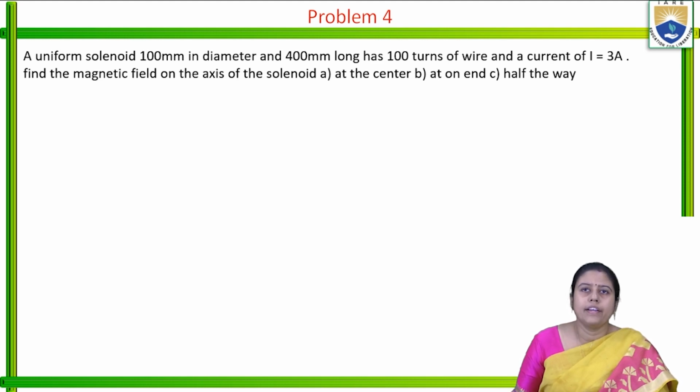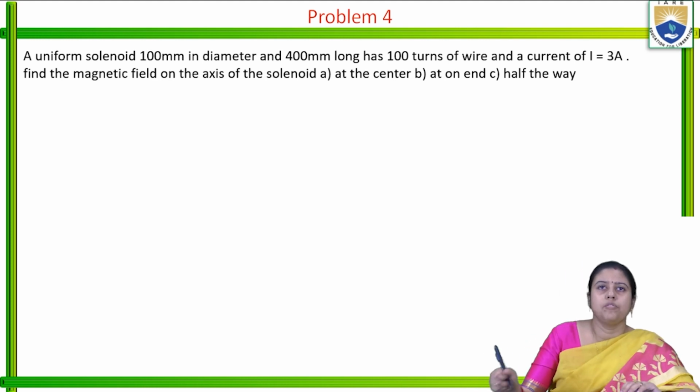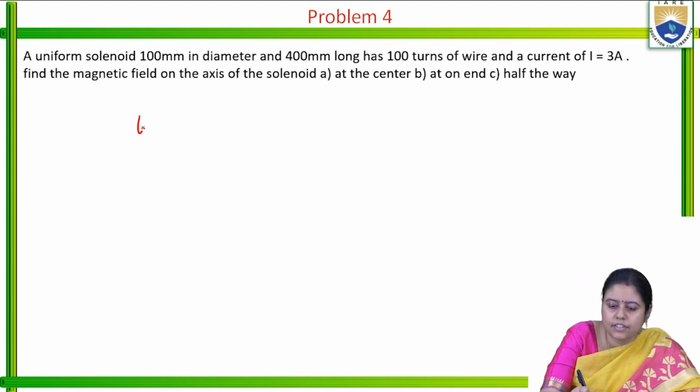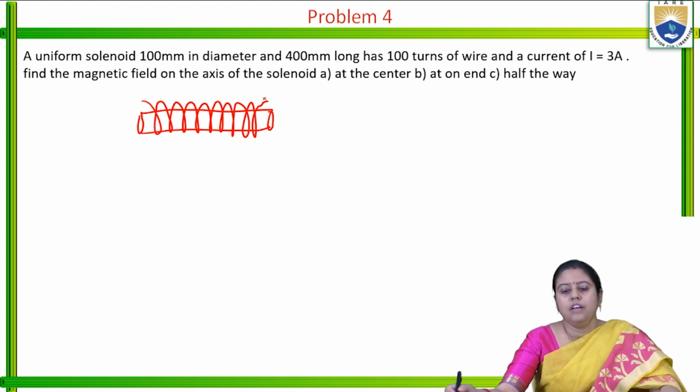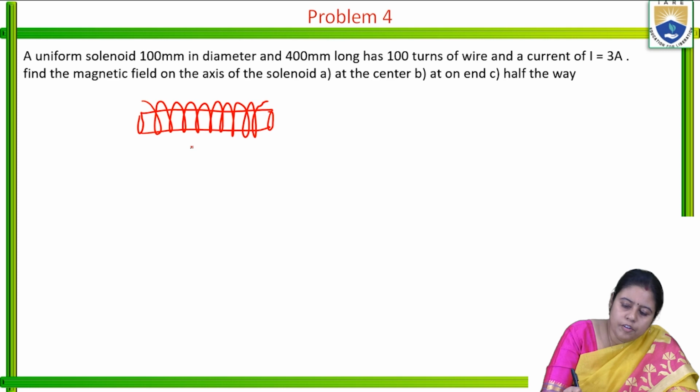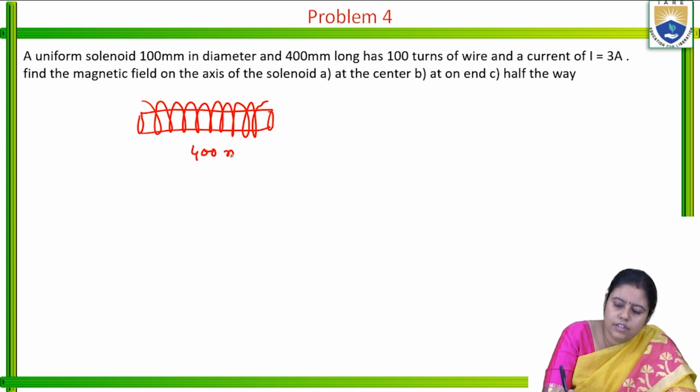Find the magnetic field on the axis of the solenoid at the center and at the end. So there is a uniform solenoid